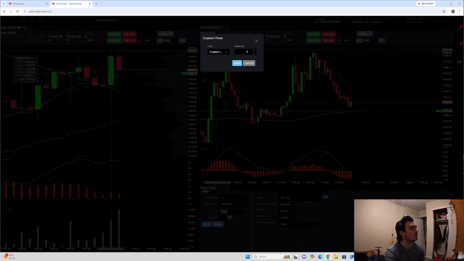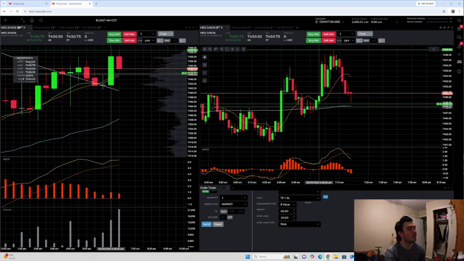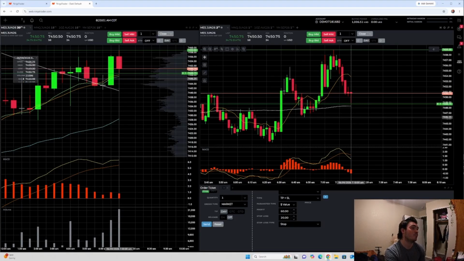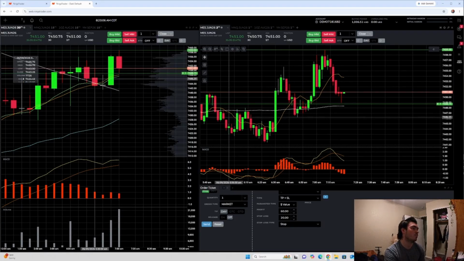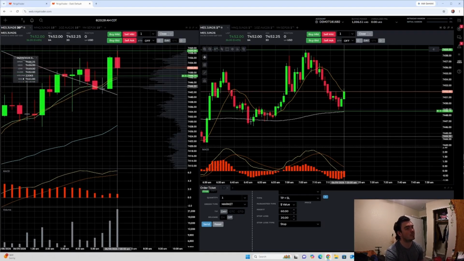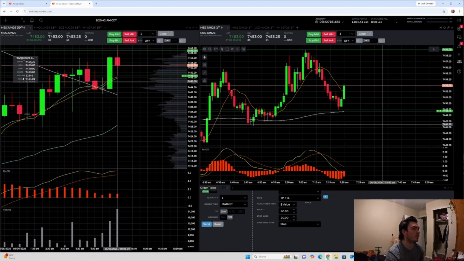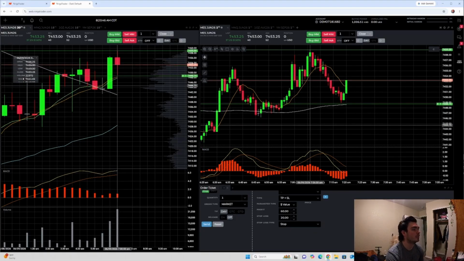I went in a little bit early. I put in a limit buy order, and it looks like it was going to fill it, but it missed the opportunity there. It didn't dip as low as the 100 line, but close enough. So if you would have just bought the order when you saw a dip, you would have made a nice little profit right there. I missed it, of course, but